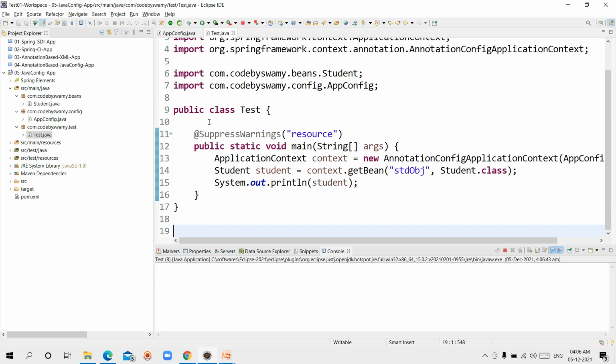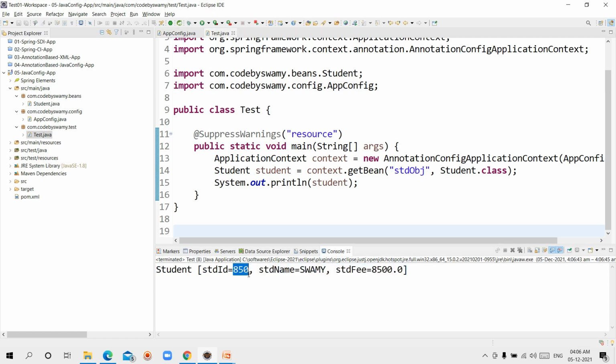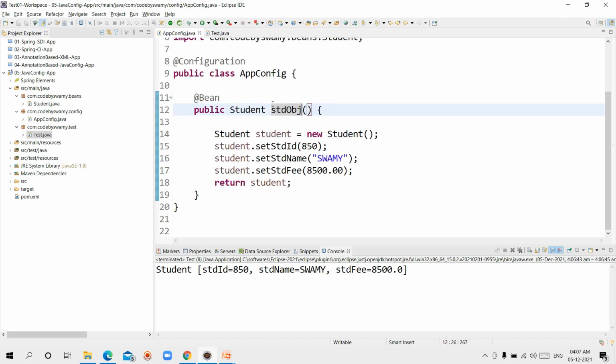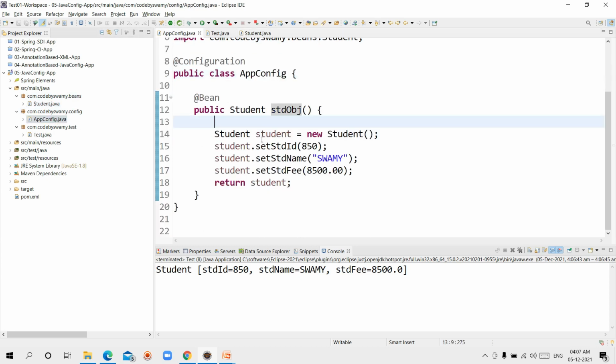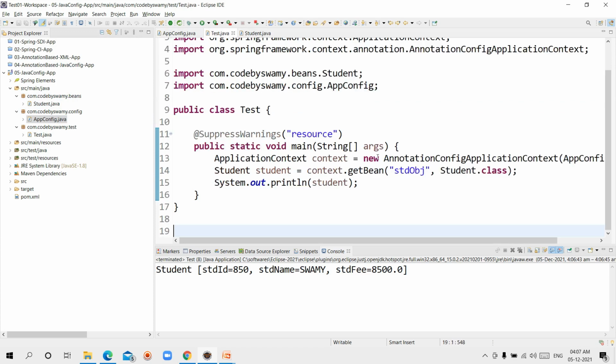I'm running the application. See, automatically the data is injected. Here I have taken this stdObj. This is the method name in the AppConfig Java config class. I created the bean class and I created the configuration class. In that configuration class I'm taking this method name into this main class.